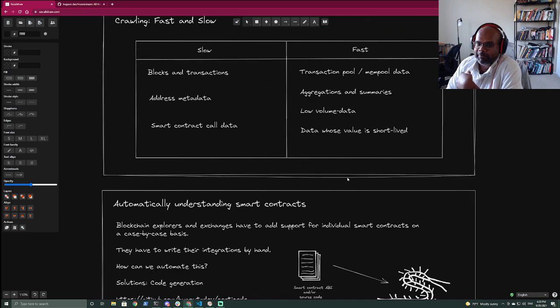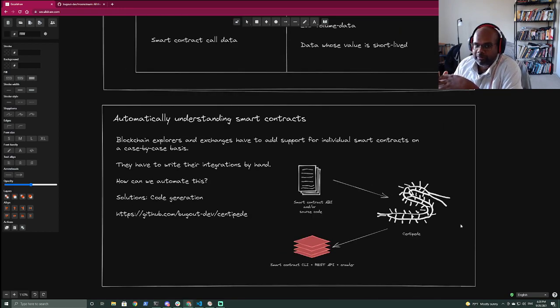Right now, if you go to a blockchain explorer, what they're doing is they manually add support for different contract standards. So for example, Etherscan has manual support for the ERC 721 standard for NFTs or the ERC 20 standard for tokens, right? And so they only have those tabs for the smart contracts. If I made a completely custom smart contract and deployed it to the Ethereum blockchain, some programmer would actually have to sit down, understand my contract standard, and then write the code that set it up so that Etherscan